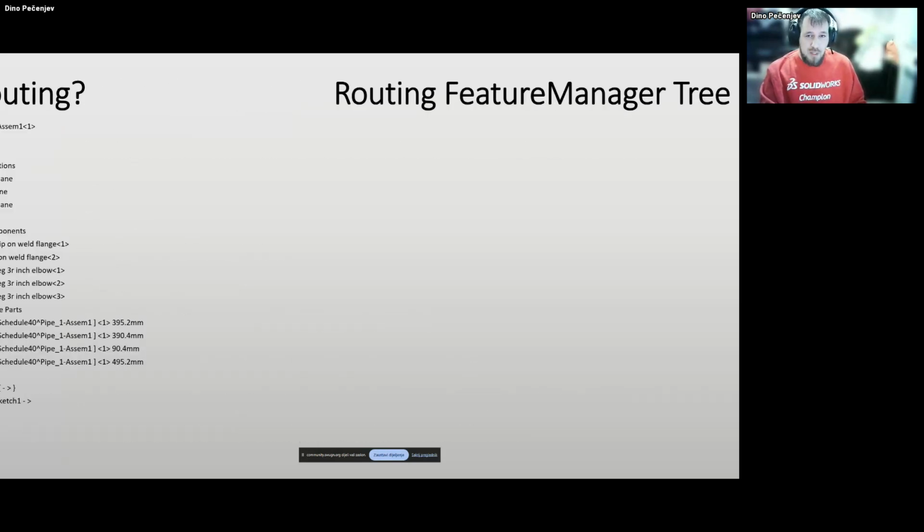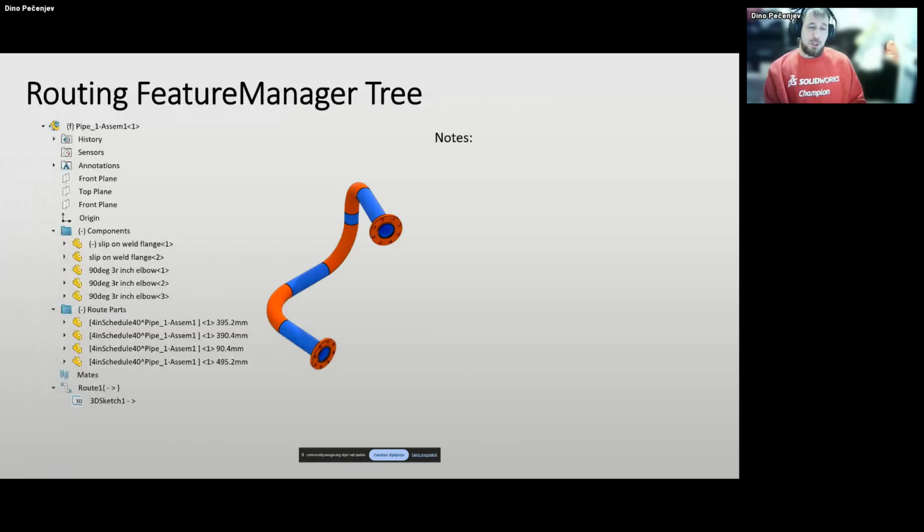Regarding the feature manager tree, as you can see on the left, specifically the icon at the top left near the name of the assembly, there's a little icon next to the assembly icon. It means this is a route.